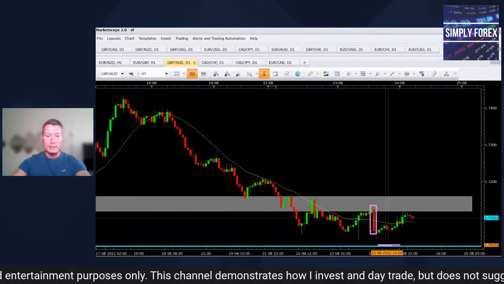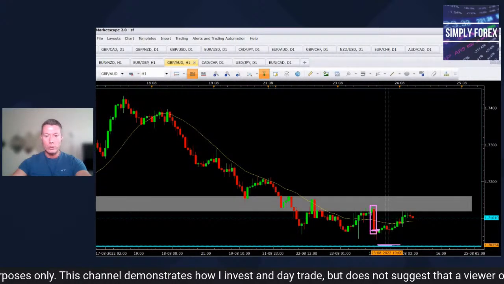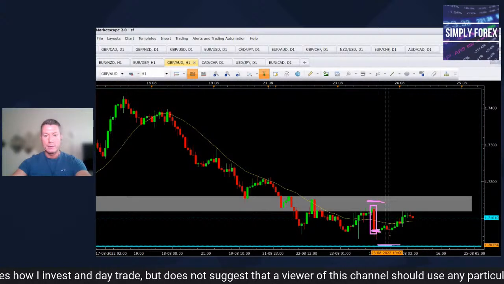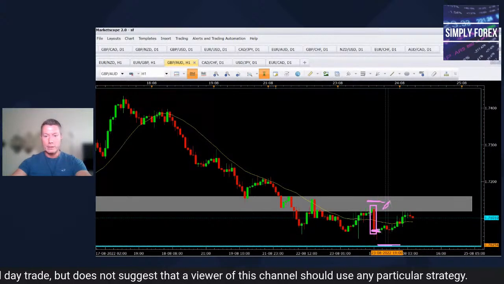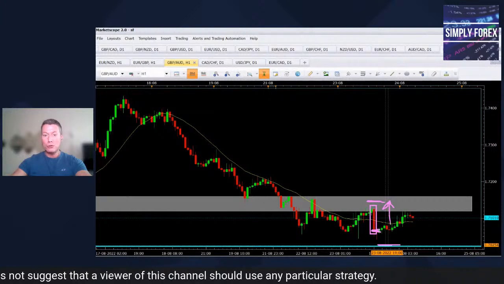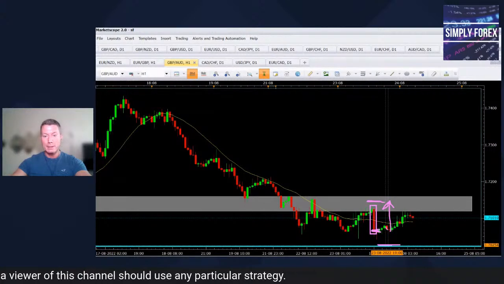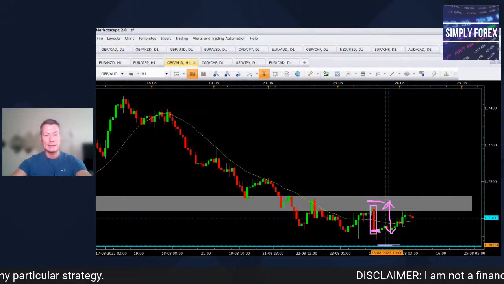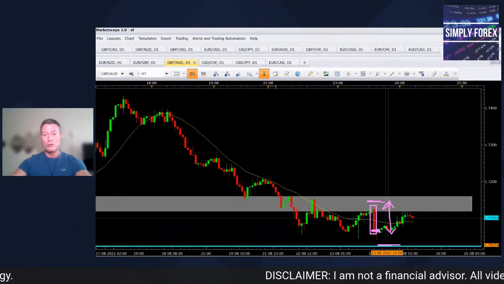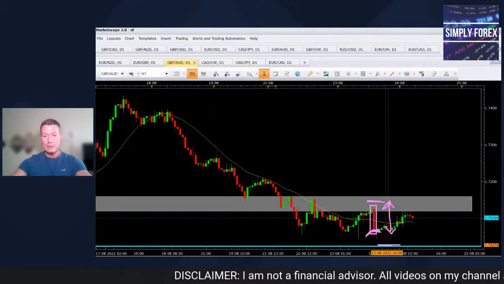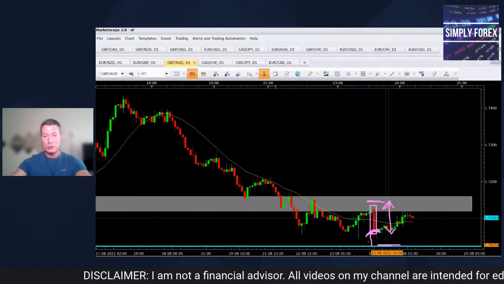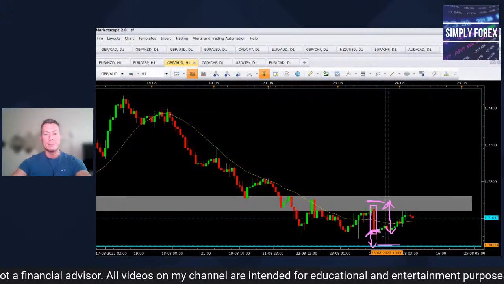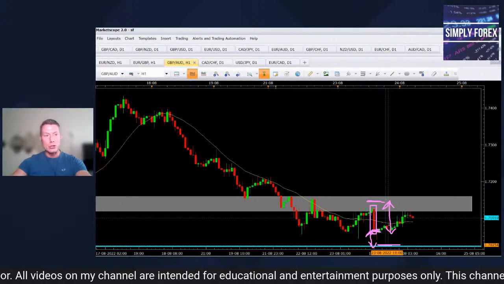But again, guys, if I enter on the close of this candle, put my stop above here, this is my risk. Never easy drawing with a mouse. I must express this, especially live. I can't erase it. So this is your risk, and this little bit here is your reward. So that's probably the worst drawing I've ever done with this pen. But as you can see, guys, it's just not worth it.